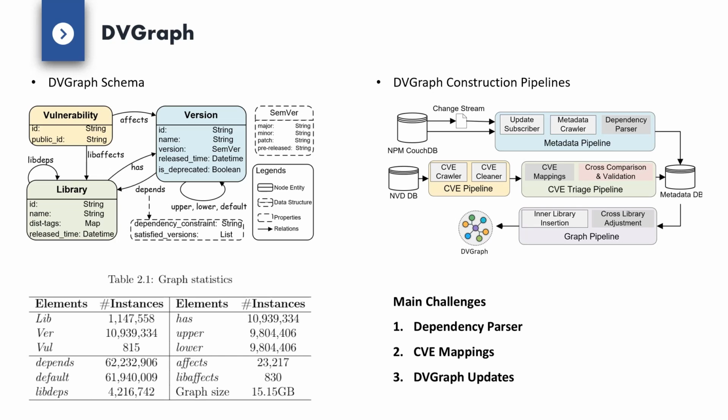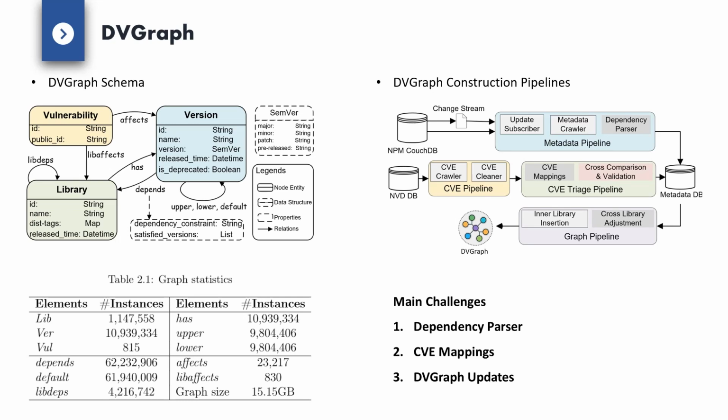Therefore, we have devoted 4 experienced analysts to check the CVE mappings of affected library and version ranges by comparing with some existing famous vulnerability databases, for example, SNYK and SourceClear. Till we carry out the empirical study, the snapshot of DV graph we use have included more than 1 million NPM libraries and 10 million versions, as well as 815 vulnerabilities. The total storage size of DV graph is over 15 gigabytes, and we have also released this snapshot of the DV graph